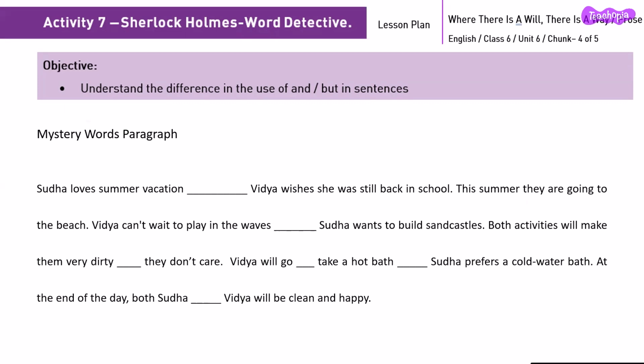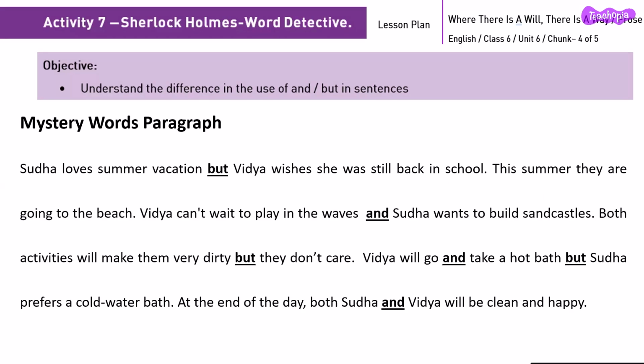which is shown on the screen. So we have taken one particular paragraph, which is called the mystery words paragraph. We have a 4-liner paragraph here, and it has some fill in the blanks. And we should instruct the children to complete this paragraph, that is, to fill the blanks using only and or but conjunctions. So for example, if we give this and ask them to fill it in, and if we give them some 5 minutes, they might come up with these answers.